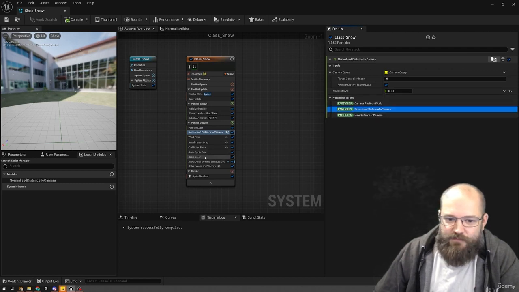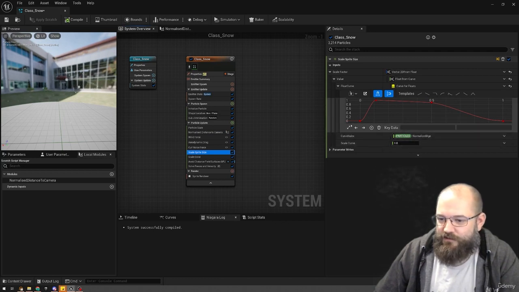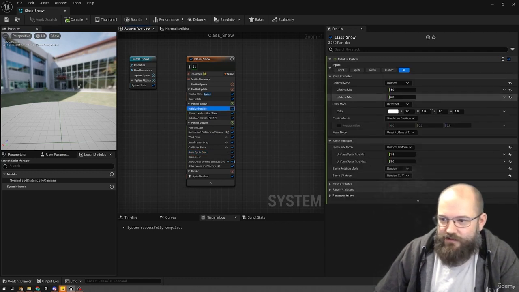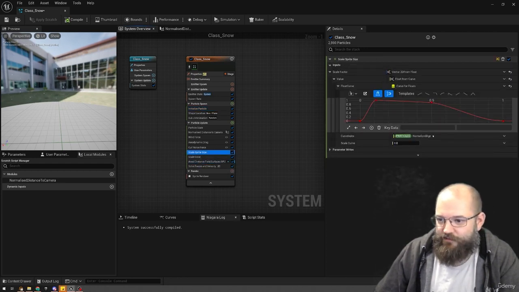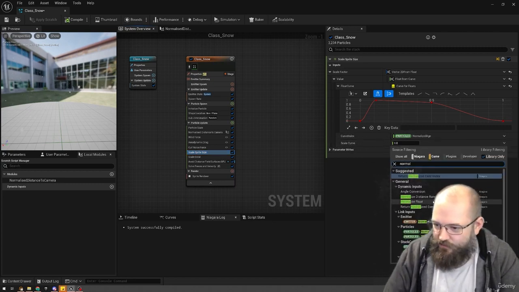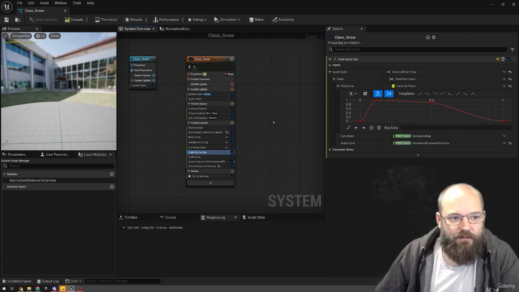And I'm going to use that as a multiplier in my scale sprite size. So my particles are taking their initial size from here in the initialized particle. And then we're scaling them up by this animation curve. But then we also have a multiplier here, scale curve, where I can use that with my normalized distance to camera value. And what we'll find,